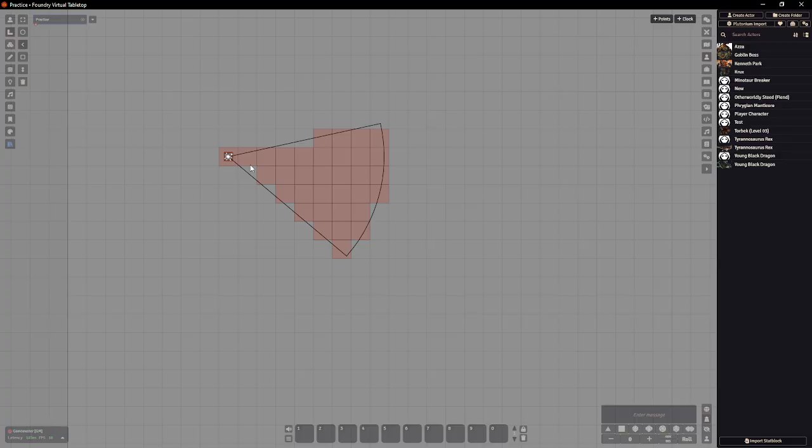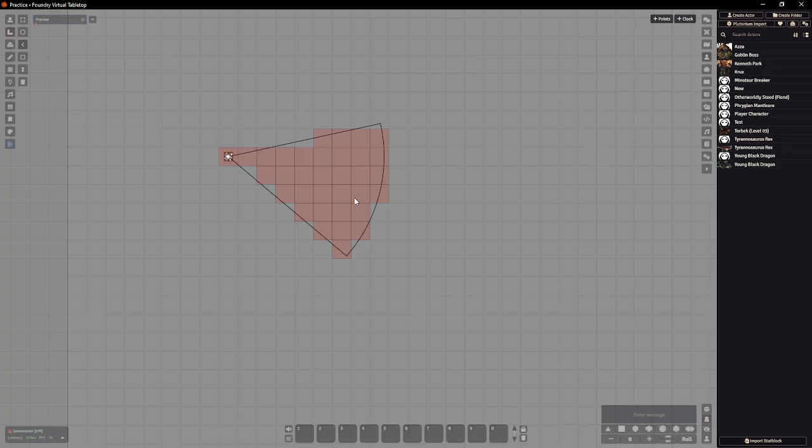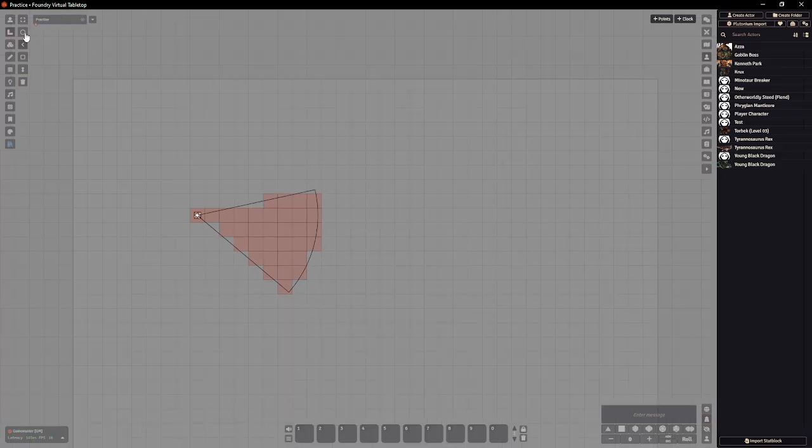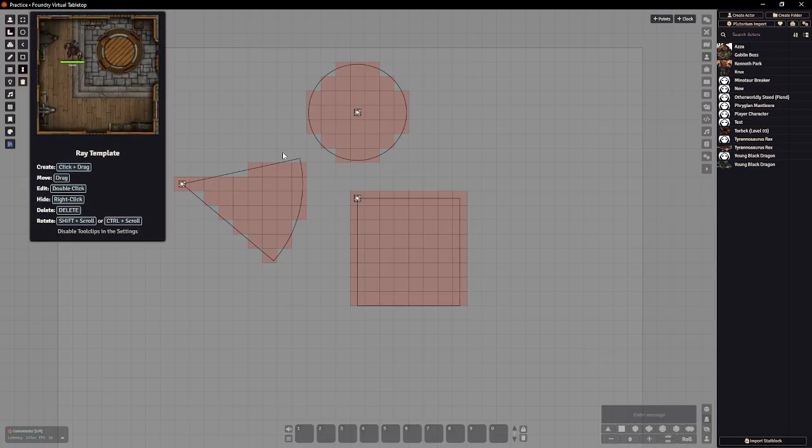At any time, you can press a delete button to get rid of it, or you can add special effects onto it by double clicking on it. But again, advanced stuff, we don't need to worry about it. The most important, the basic stuff you're going to be using this for, any of these templates, is creating an immediate template to figure out who's getting affected by what. So you'd move a radius to figure out how the radius is going, the cone for cone, a square for a square,